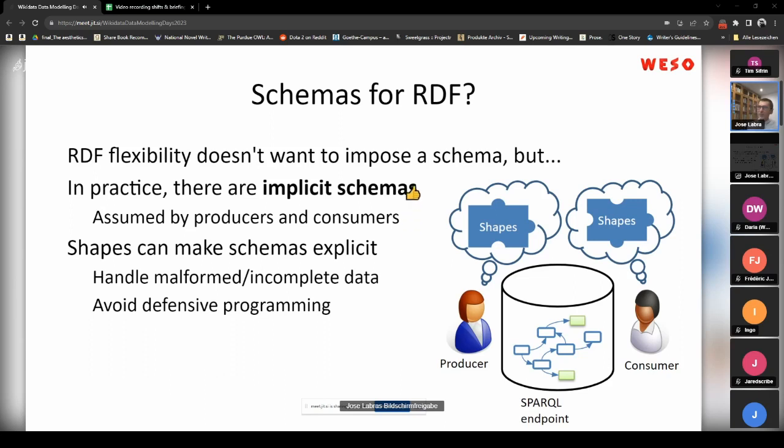Okay. So the idea, for example, of talking about implicit schemas is that when we are modeling data in Wikidata, imagine we are talking about Tim Berners-Lee. So there is an implicit structure which we know it is a human, and humans have a birth date, and for example, they don't have an ISBN code. So there is an implicit schema, even if we don't